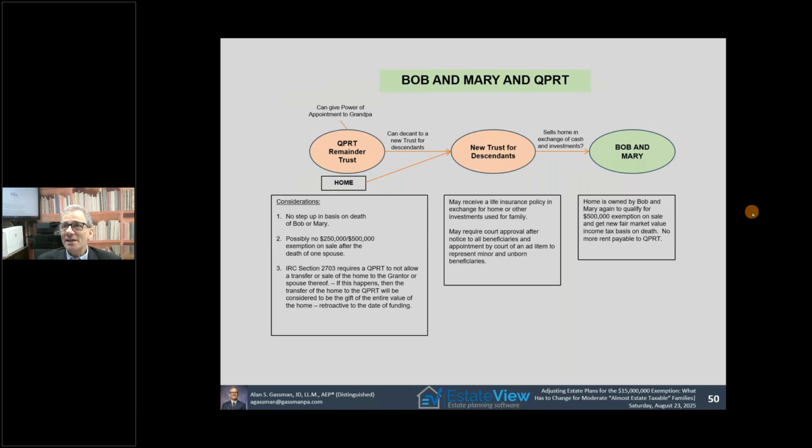And as I said, they put the house into a Qualified Personal Residence Trust. They're happy that it's out of their estate, but they don't need it to be out of their estate anymore. And the trust says they cannot swap assets for the house. So what do they do? They go to court and they say, Judge, back in 2016, this brilliant tax lawyer, she was